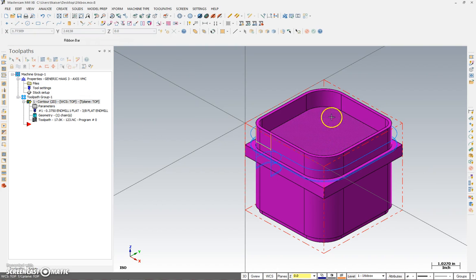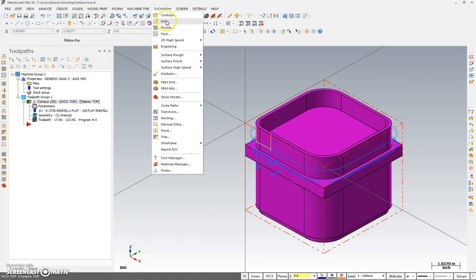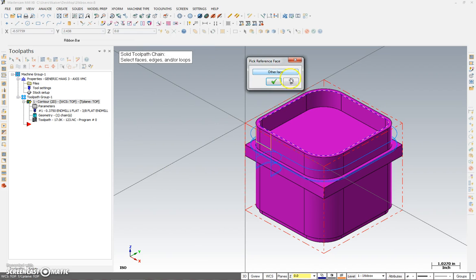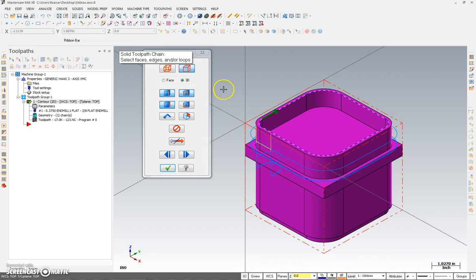All right, next step, we have to do the inside of the lid. Come up here to toolpaths, pocket. Same thing, these 3 are checked. I'm going to hit this edge, other face, and now it goes around the inside of the lid. I'm going to the check mark,